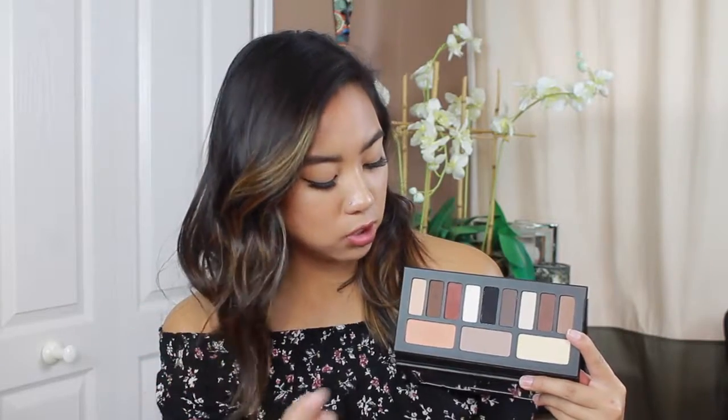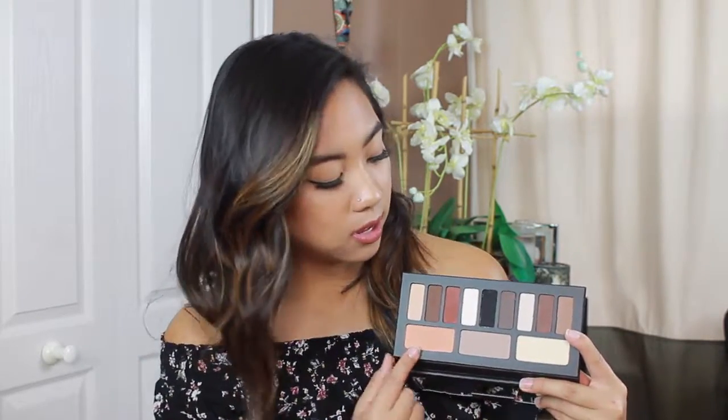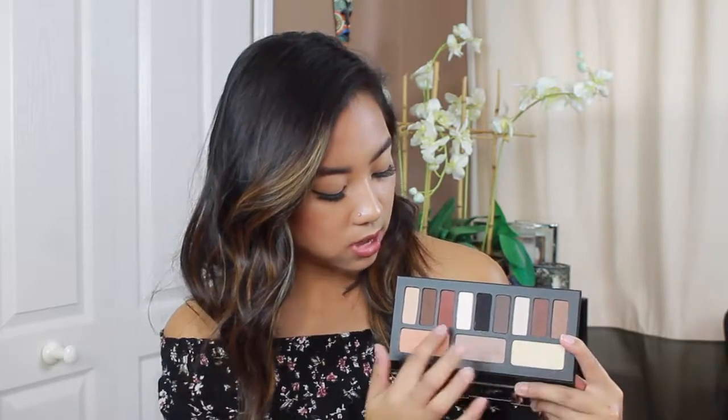My favorites in this palette are this one, these 2 brown shades, and this reddish brown color. Basically all the browns. I really like warm tones. Another really cool detail about this palette is that it has all of the shade names on the back. So that's really helpful if, say, your friend has a palette and you're trying to talk to them about it and give them a look, then you can just give them the names,